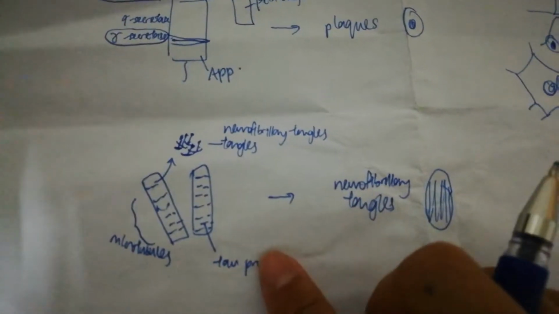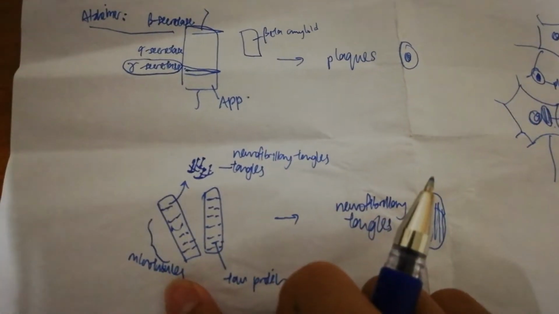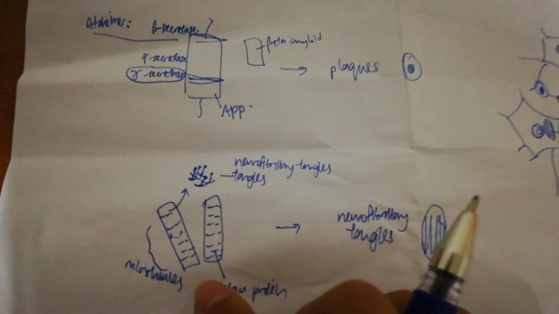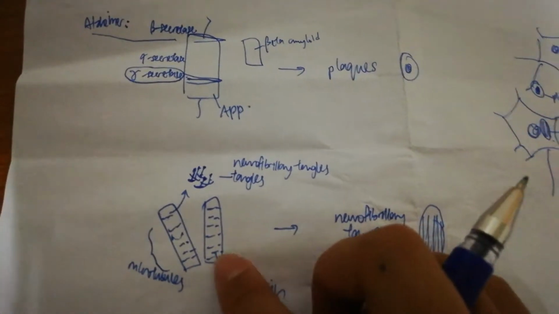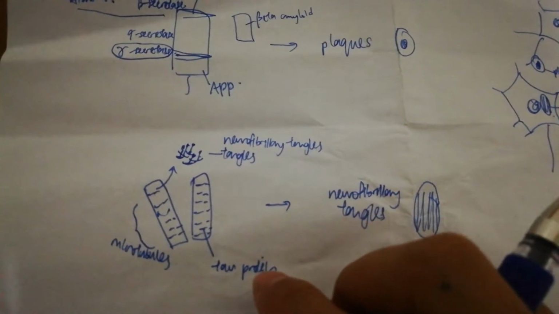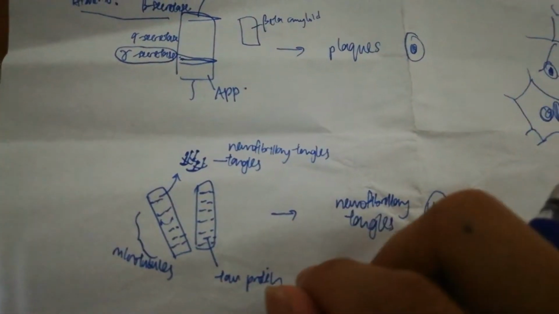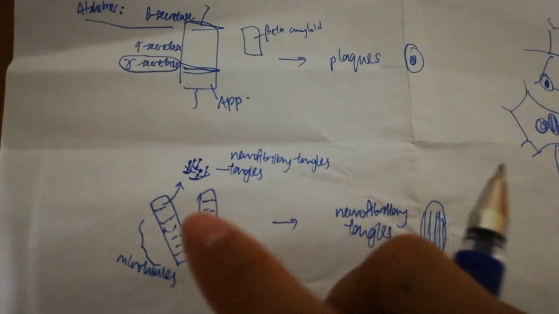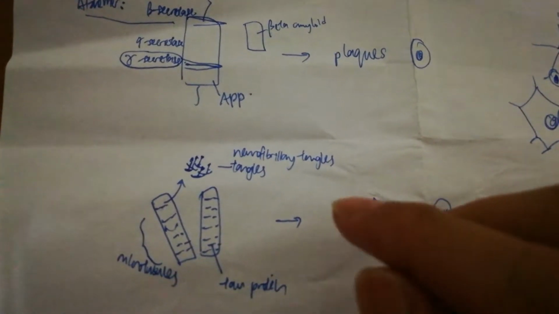and then I'm going to talk about the tau protein. Another thing I have to focus on is the neurofibrillary tangles. So in microtubules, that means inside the cytoplasm of the nerve cell, we have microtubules that support the cell, and inside here we have the tau protein. The function of the tau protein is to make sure that the microtubule is firm enough to support the cell. So this tau protein is going to be phosphorylated, or have a phosphate group transferred to itself,